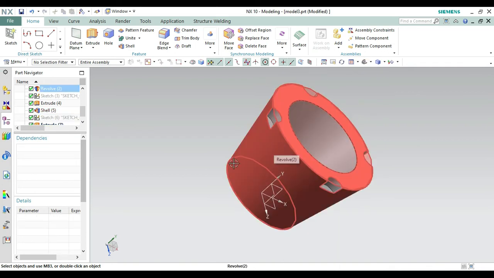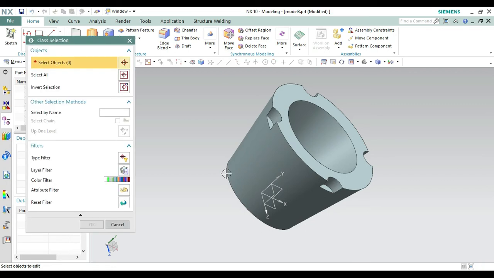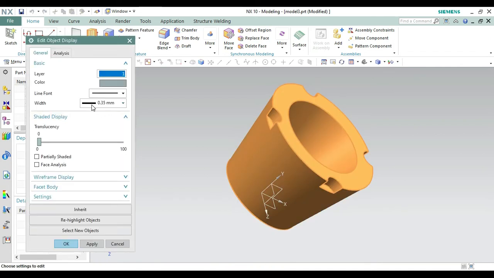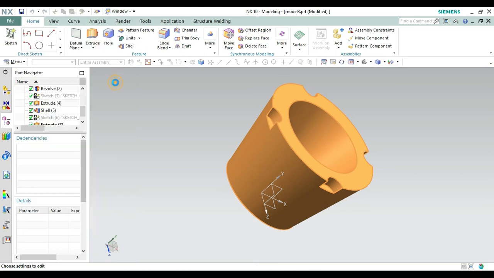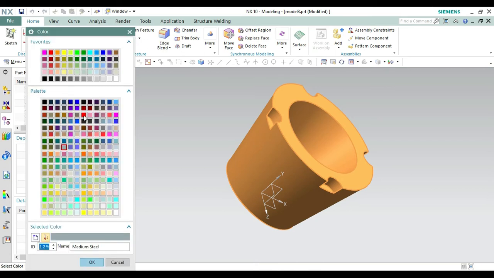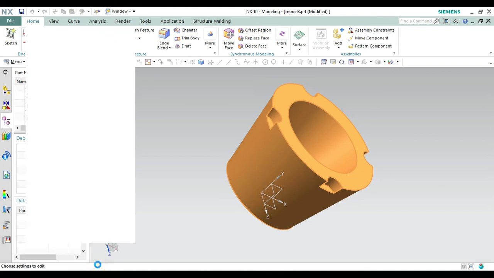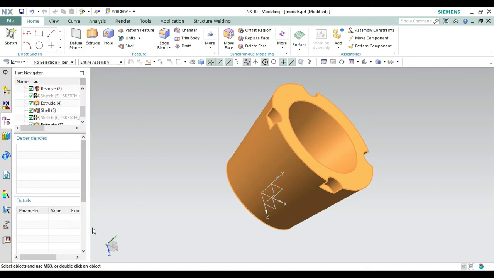Now let's color it, so open the properties with Control J. Control J is the shortcut key for the properties of all the faces. Okay, so let's press Control J. Now select the whole object and make it okay from here like this one. Now what we have to do is color this. Okay, so go on color. Now take any color, make it red from here and make it okay from here, and make it okay again from here like this one.